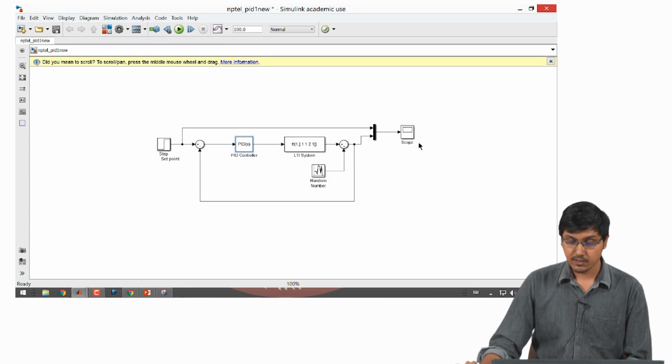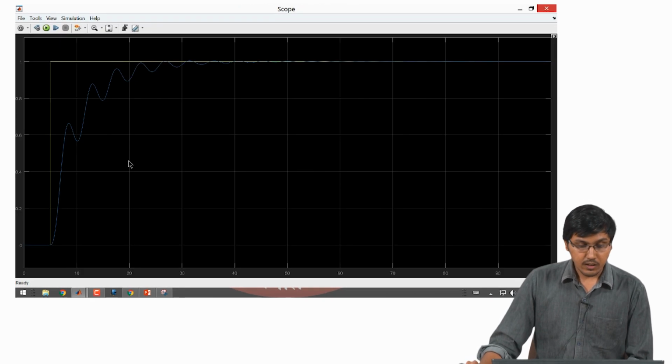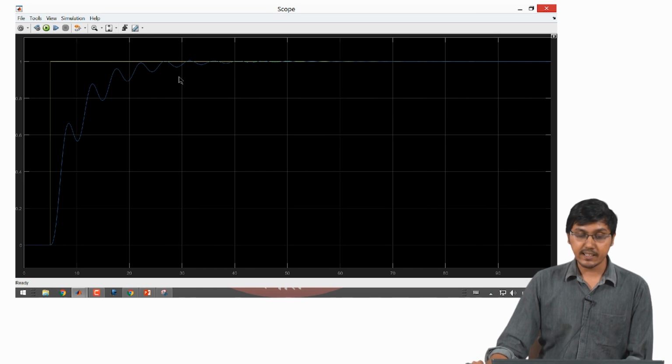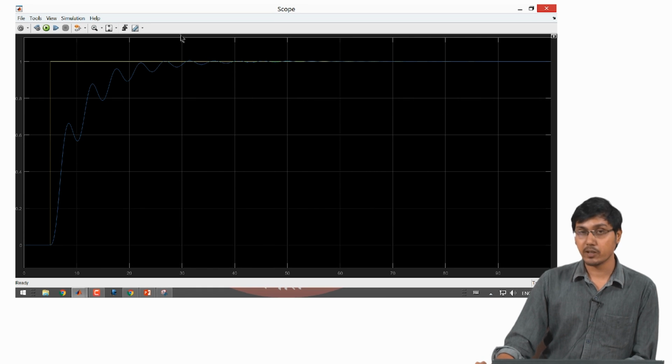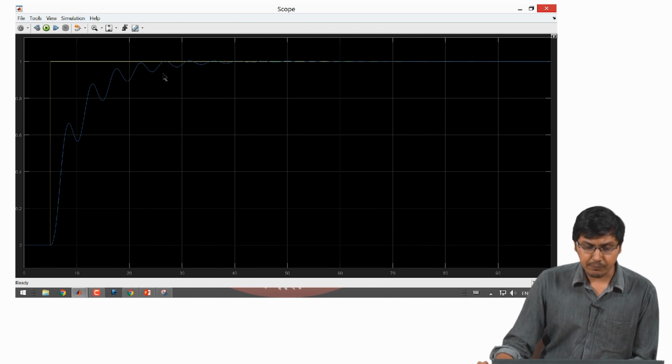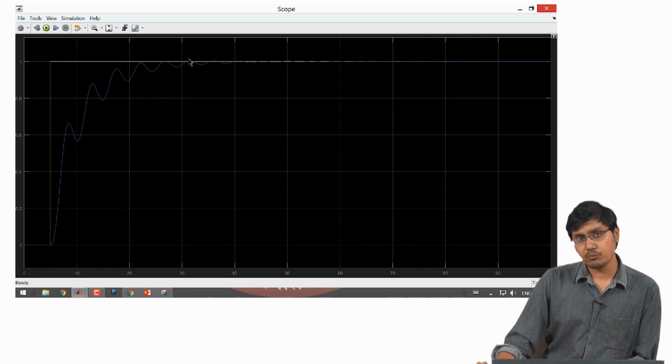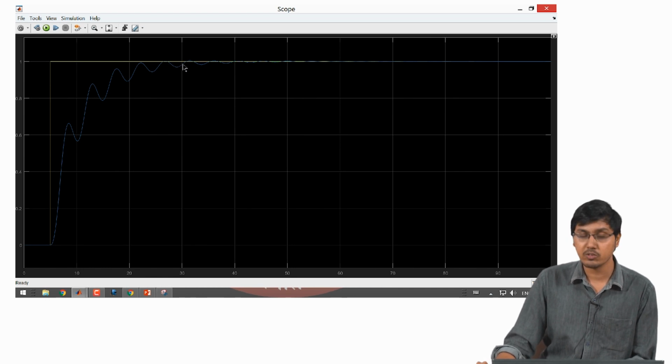So here, Kp is the same, Ki is 0.2, and we have added the derivative gain, and this is behaving like this. One thing we can very easily see is that previously in some places it went above the final line and then came down, but here it is very insignificant, it is not going so much above this final line.